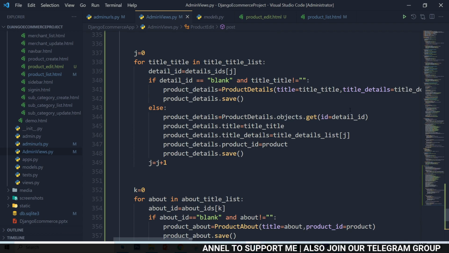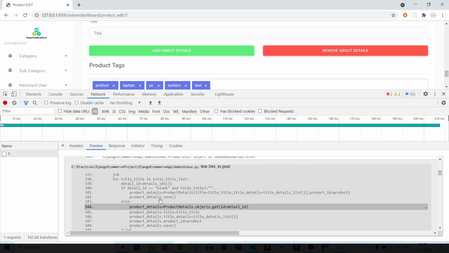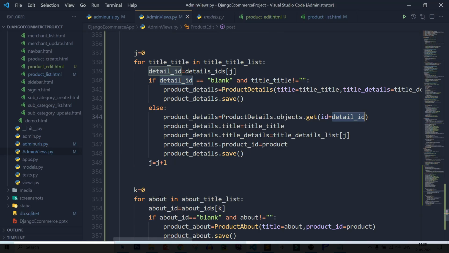Line 344. Okay, here we need to access the ID, but it is showing we are passing a blank ID. Okay, the problem is here again.